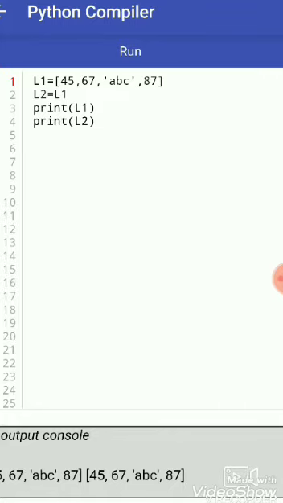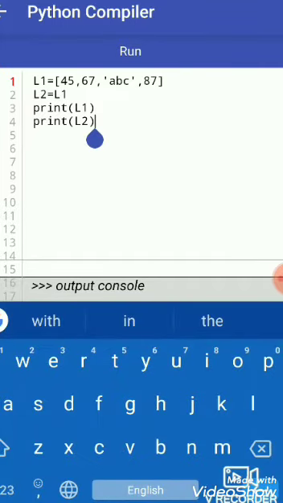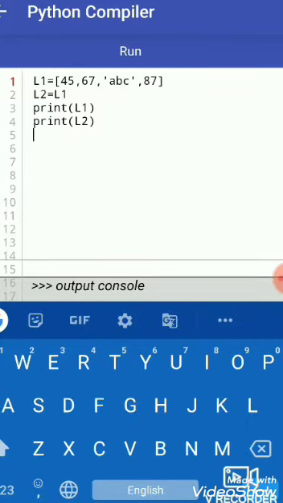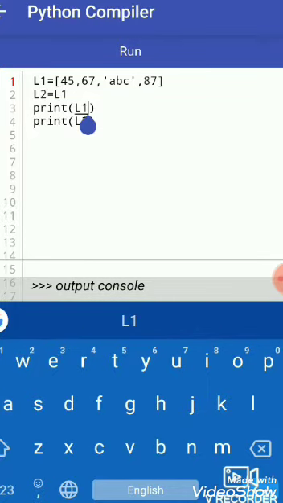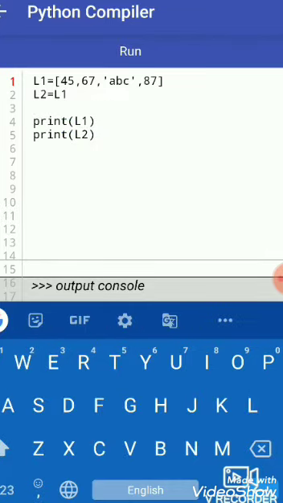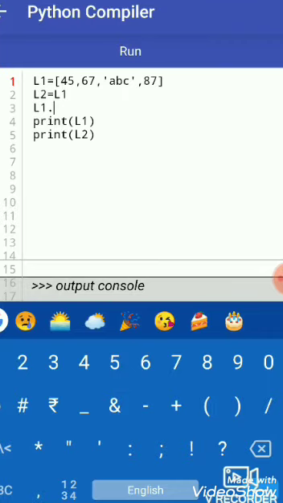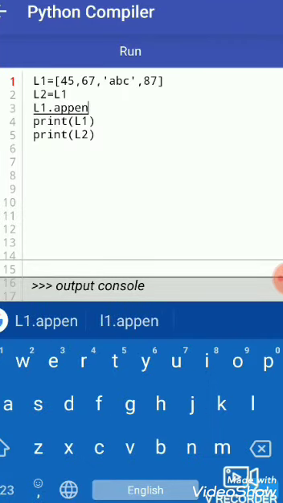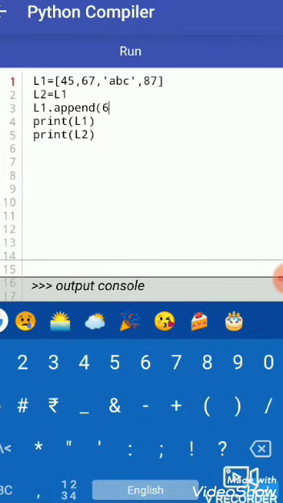So let's do some change. I want to append something to L1. So we write L1.append, and we add in L1 a value that is 65.